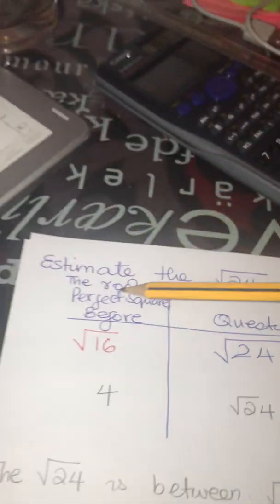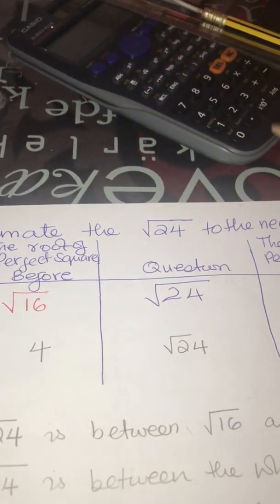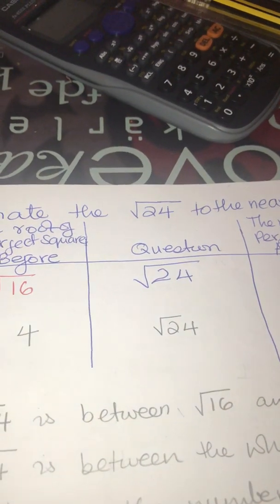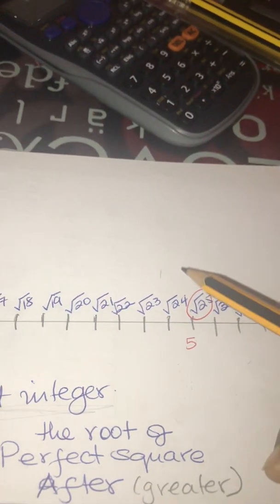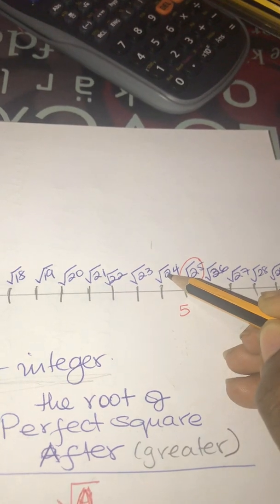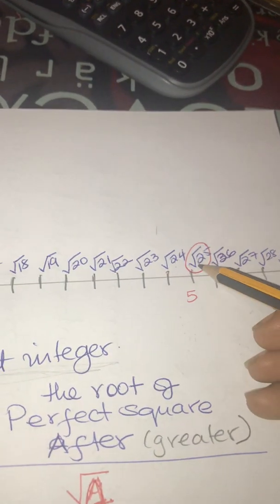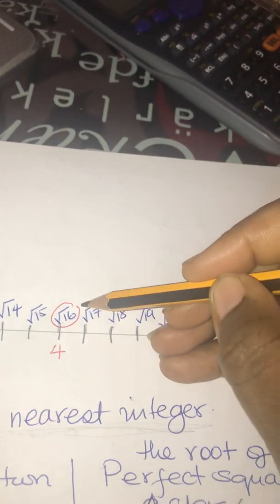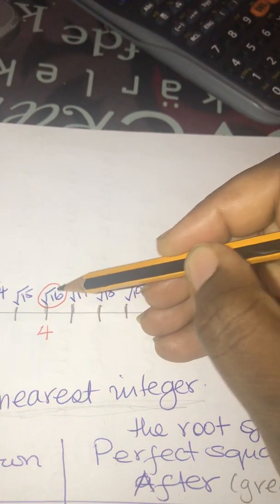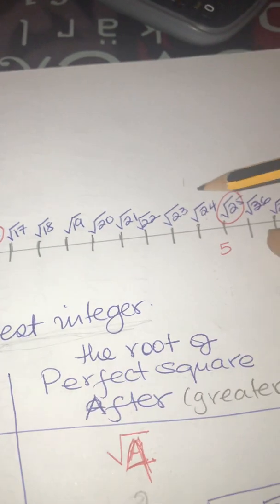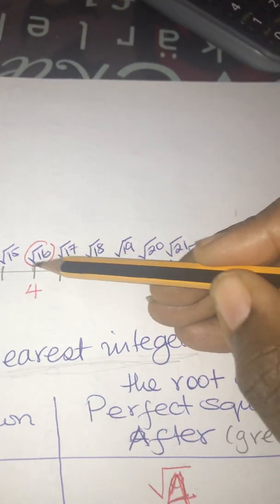Okay. All right, let's do another example. Okay, here I want to estimate the square root of 24. I go back to my number line. I look for square root of 24. Who is the perfect square after, the square root of 25? Who is the perfect square before, the square root of 16? So the square root of 24 is between the square root of 16 and the square root of 25,